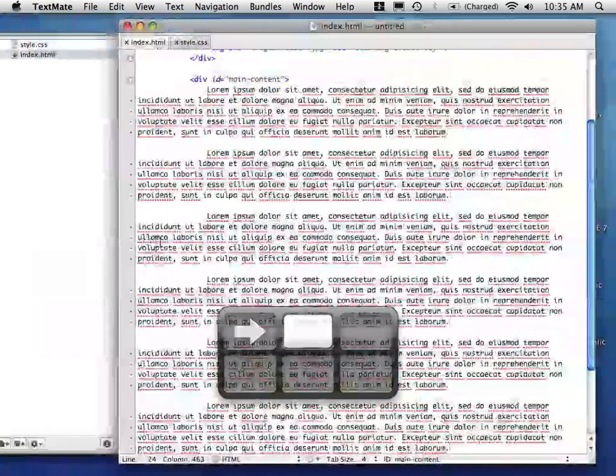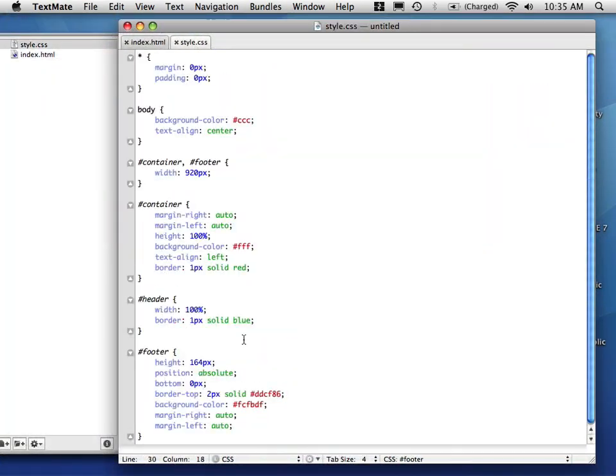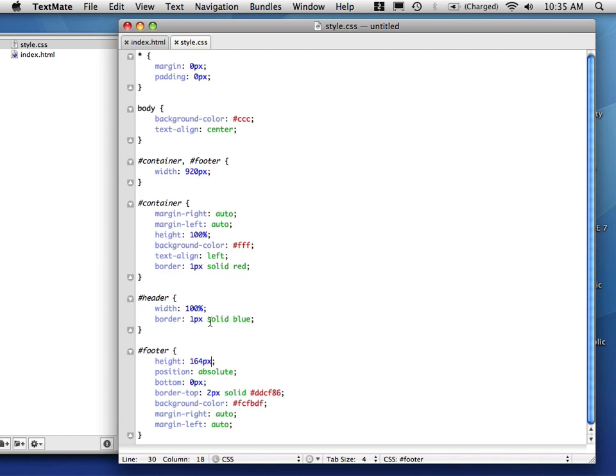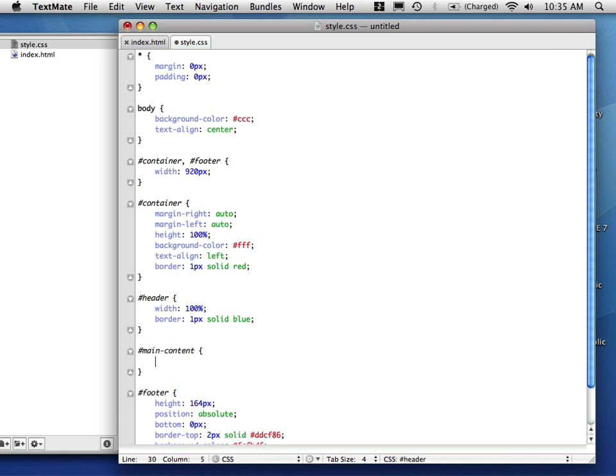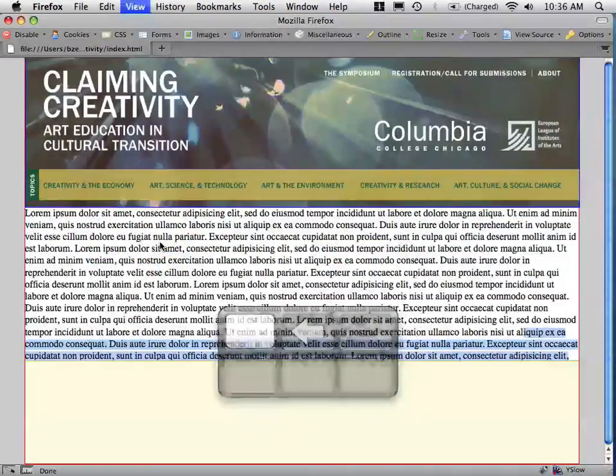So what I need to do is add margin to the main content div, which I haven't set up here yet. So we have this problem. Actually, no, we add padding to it, because you want a border inside of the element, or just between the content and the edge of the element, right. So now if we go here,